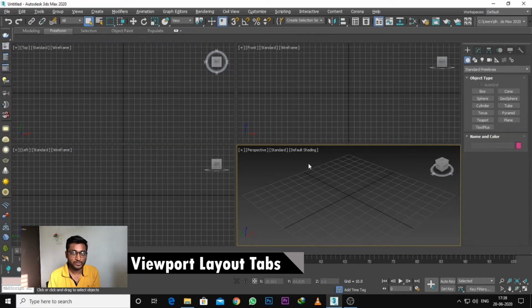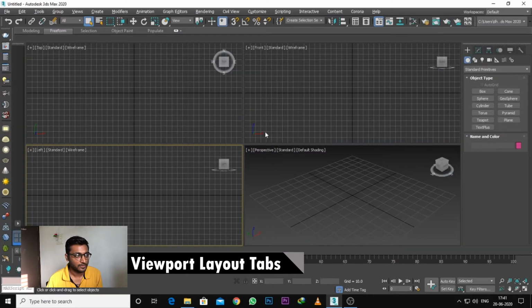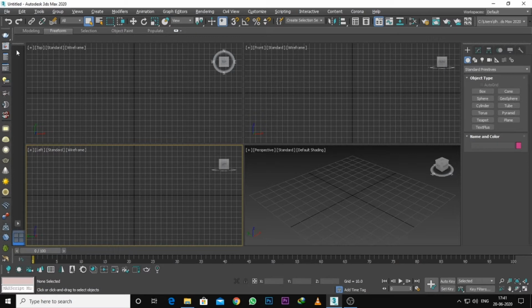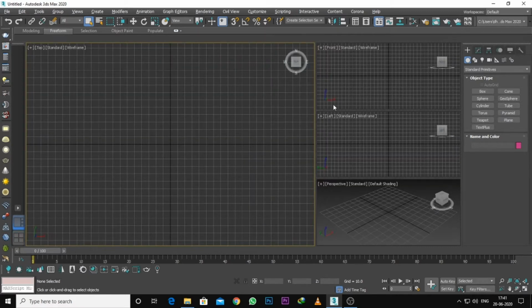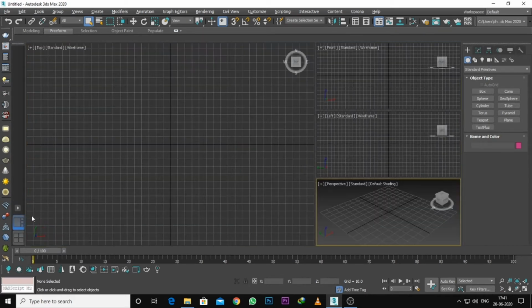But if you want only 2 divisions, first of all go here, right click and open the viewport layout tab. As you can see, one panel is open here and we have 12 different options for viewports. You can use two portions if you want.